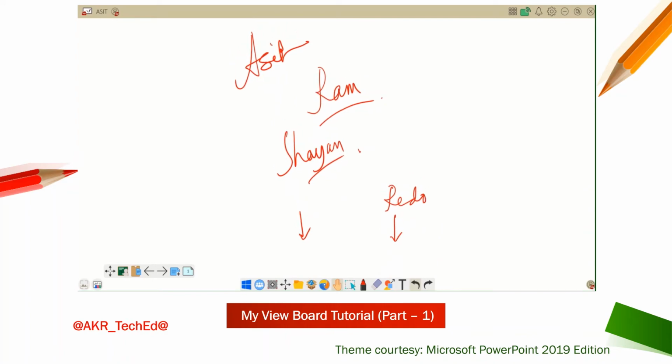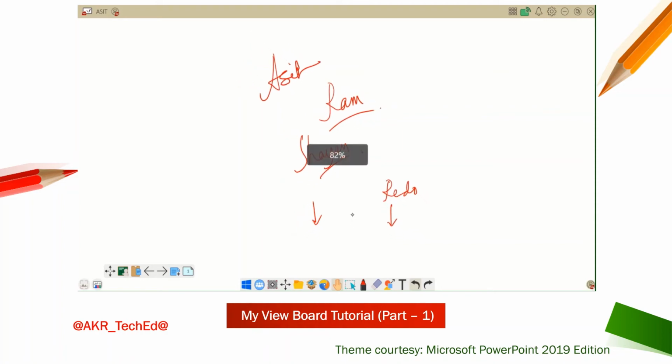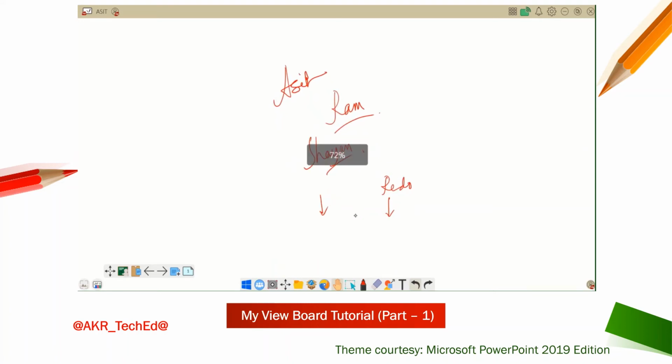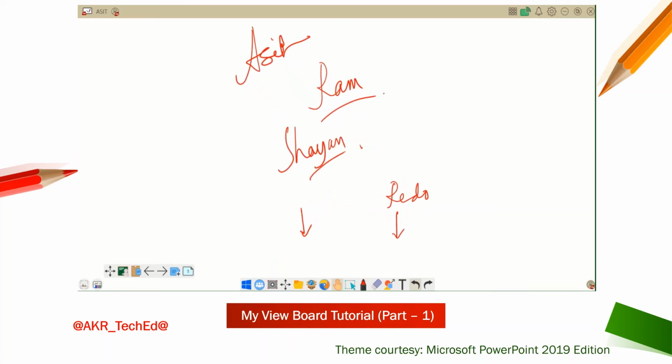Similarly, if I use my two fingers, how do we use it on our mobile to zoom in and zoom out? In the same manner we can do on this screen also. You can see I am reducing the screen, again I can increase my screen. So this option works in that manner.